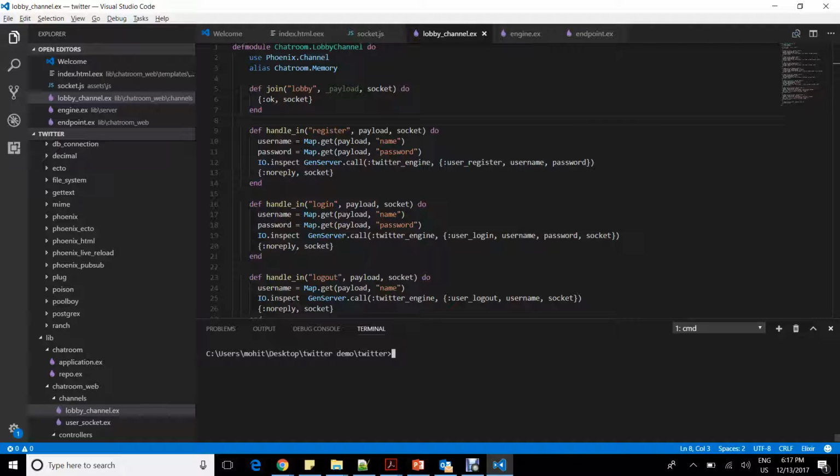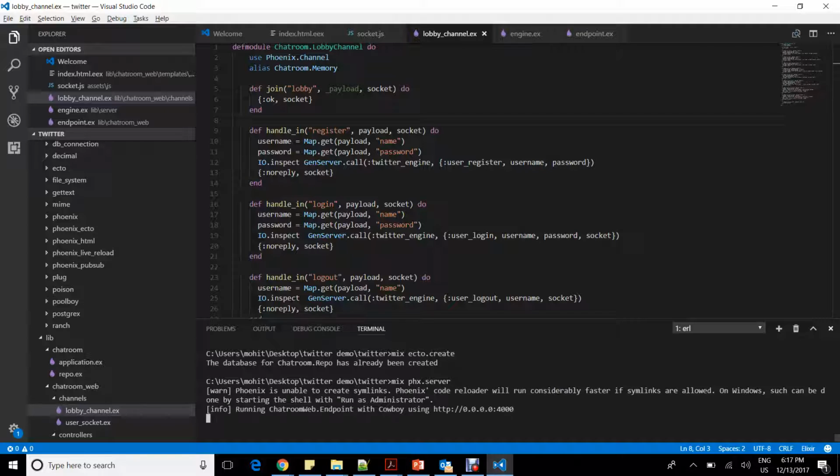So first we need to make the database using the command mix ecto.create. This will create a database. As my application already has a database, it has told me that the database is already created. Now we can start the server using mix phx.server. So this command has